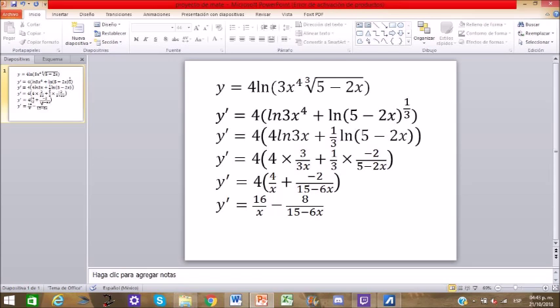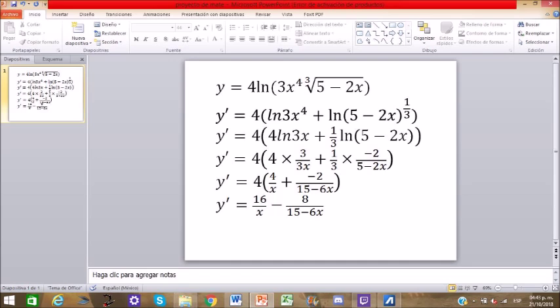In line 2 we have 4 times, in parentheses, natural log of 3x divided by 4 plus natural log of 5 minus 2x to the 1/3, because being raised to 1/3 is the same as taking the cubic root. So now for the third step, what we're going to do